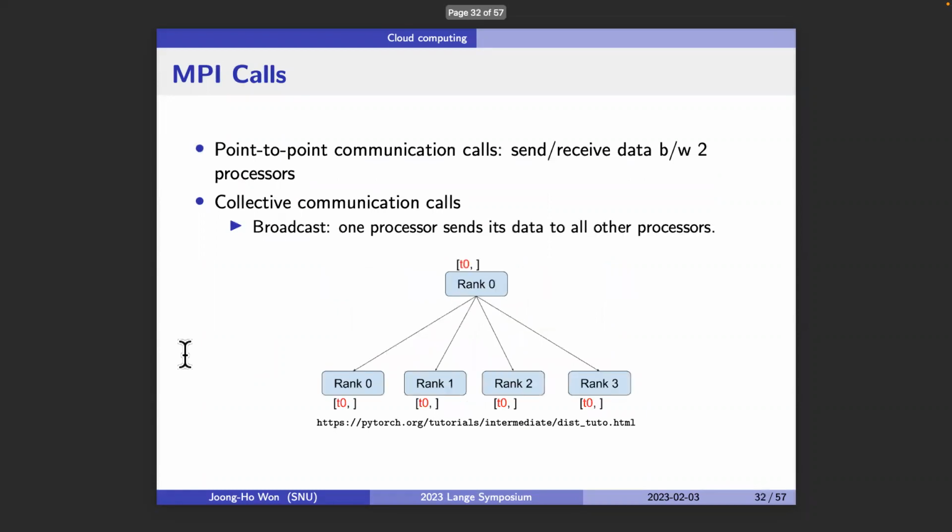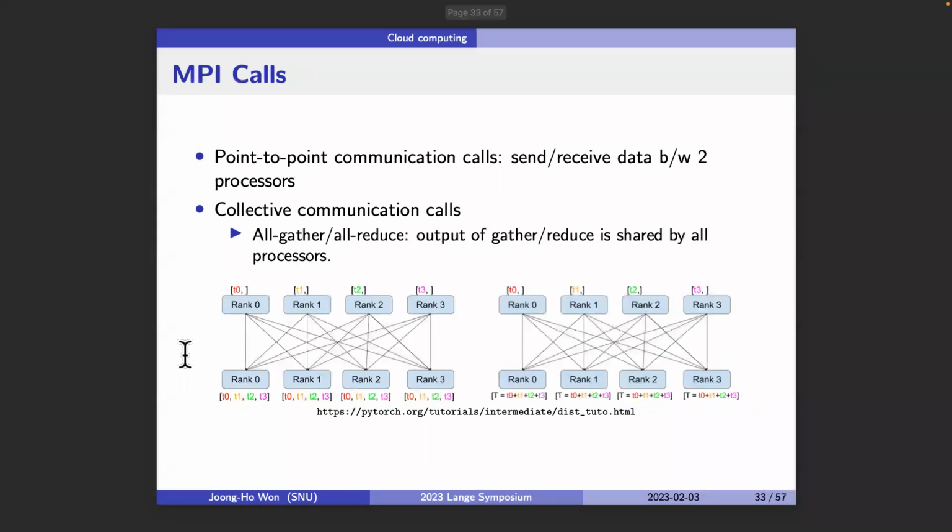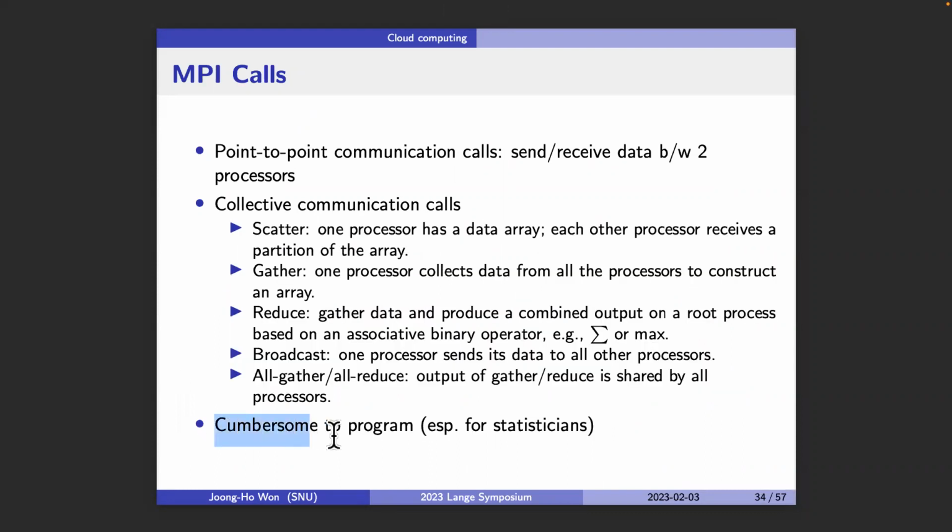In addition to that, there's broadcast, where one processor sends data to all other processors, and all-gather and all-reduce, which are basically broadcast versions of gather and reduce, which we have seen before. But still, it is cumbersome, especially for us statisticians. We are casual programmers,